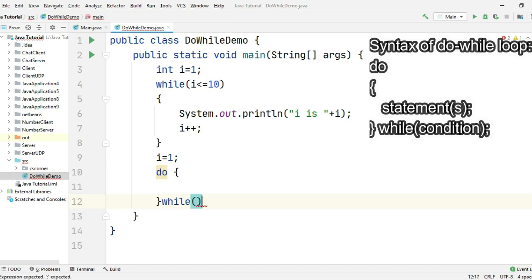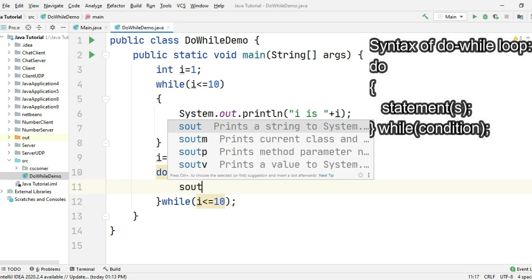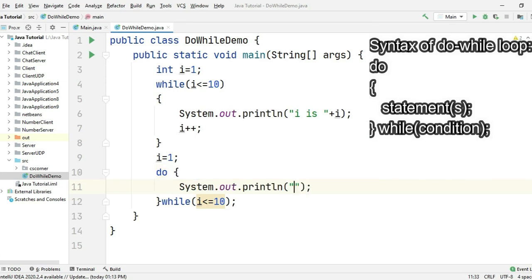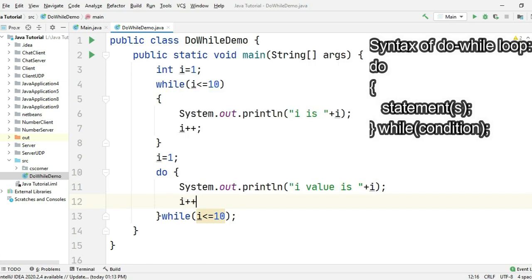After that, write while and the condition. I want to print numbers from 1 to 10, so I'm writing i less than or equal to 10. Here I'm going to write my block of statements, that is, print the value of i and then increment my i variable.